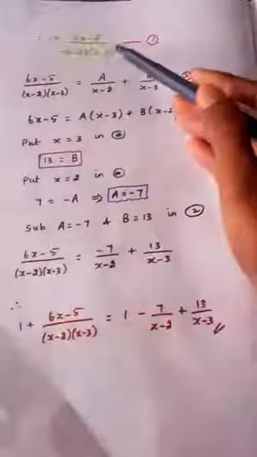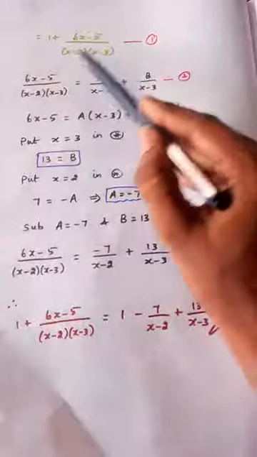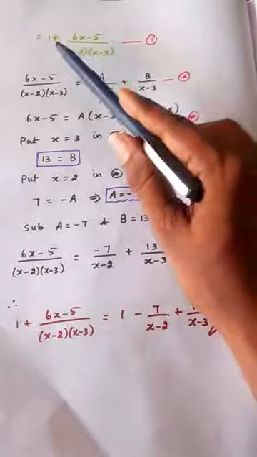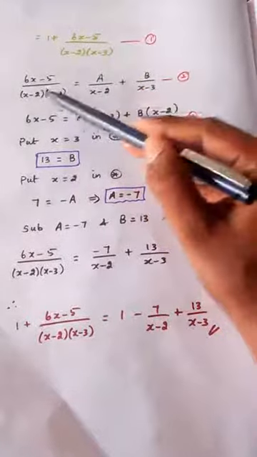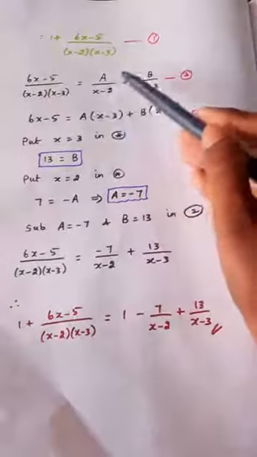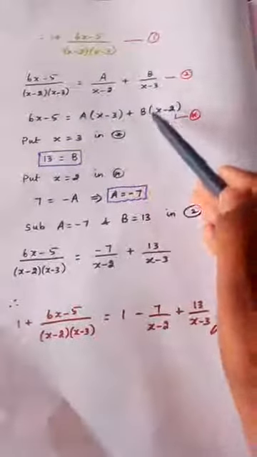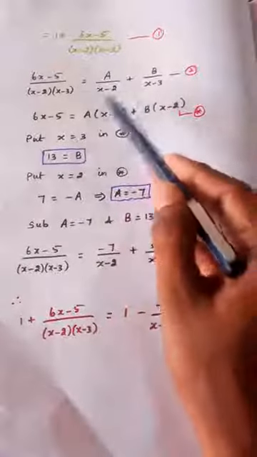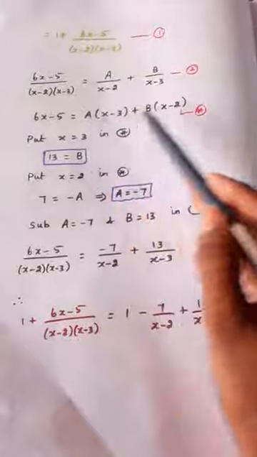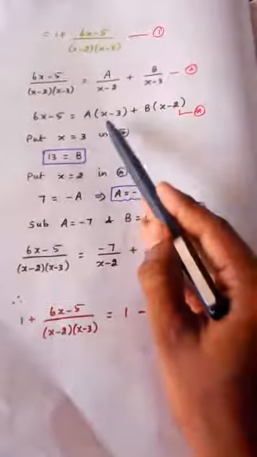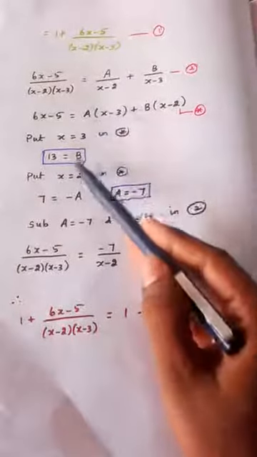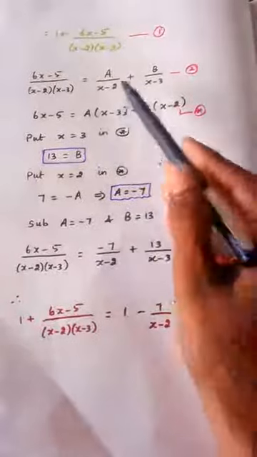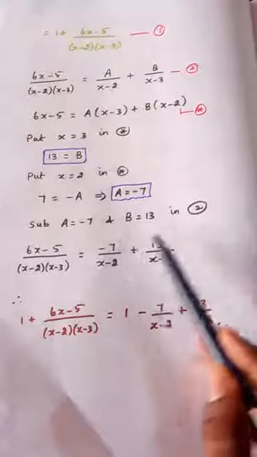Now see, the denominator is factorized and written. Now leave this one, we can add this at the last. Take this alone. Now these are linear factors, so a by x minus 2, b by x minus 3. Same thing as in type 1. You just take LCM, cancel the denominator and write the numerator like this. If you put x equal to 3, this becomes 0, so choose accordingly and find out b value and a value. Substitute those two values in this equation, so you will get like this.